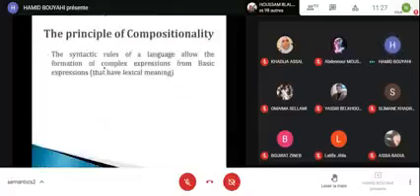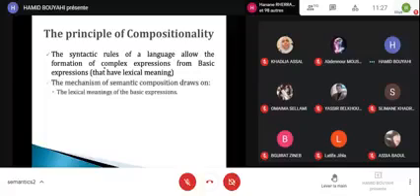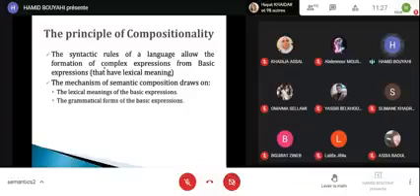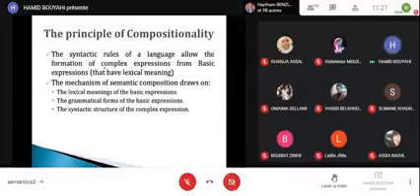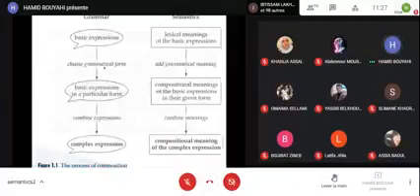And so the syntax of language allows the formation of complex expressions. The mechanism of semantic composition draws on the lexical meanings, which we have seen before, the grammatical forms of basic expressions, so singular, plural, superlative, and so on, and finally how they are combined syntactically. We have just seen how this happens: the basic expression, grammatical form, and then we combine them.